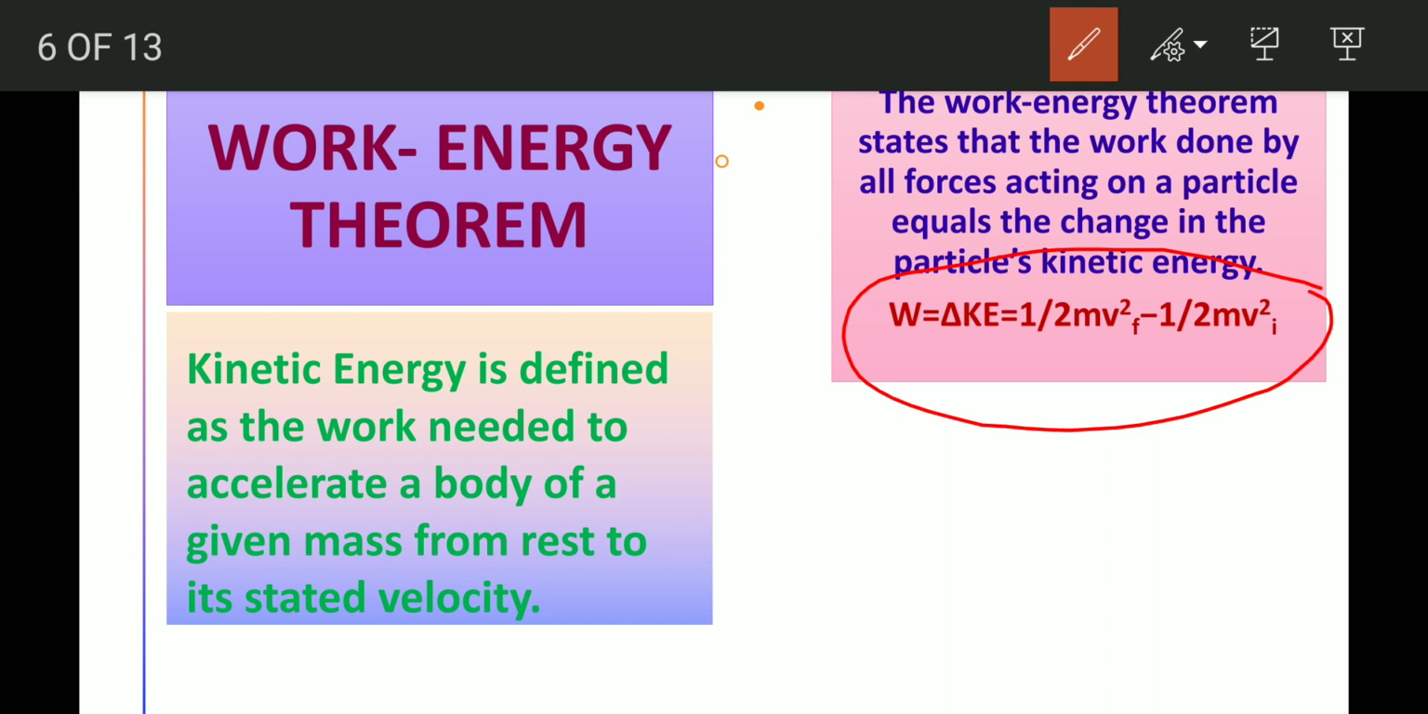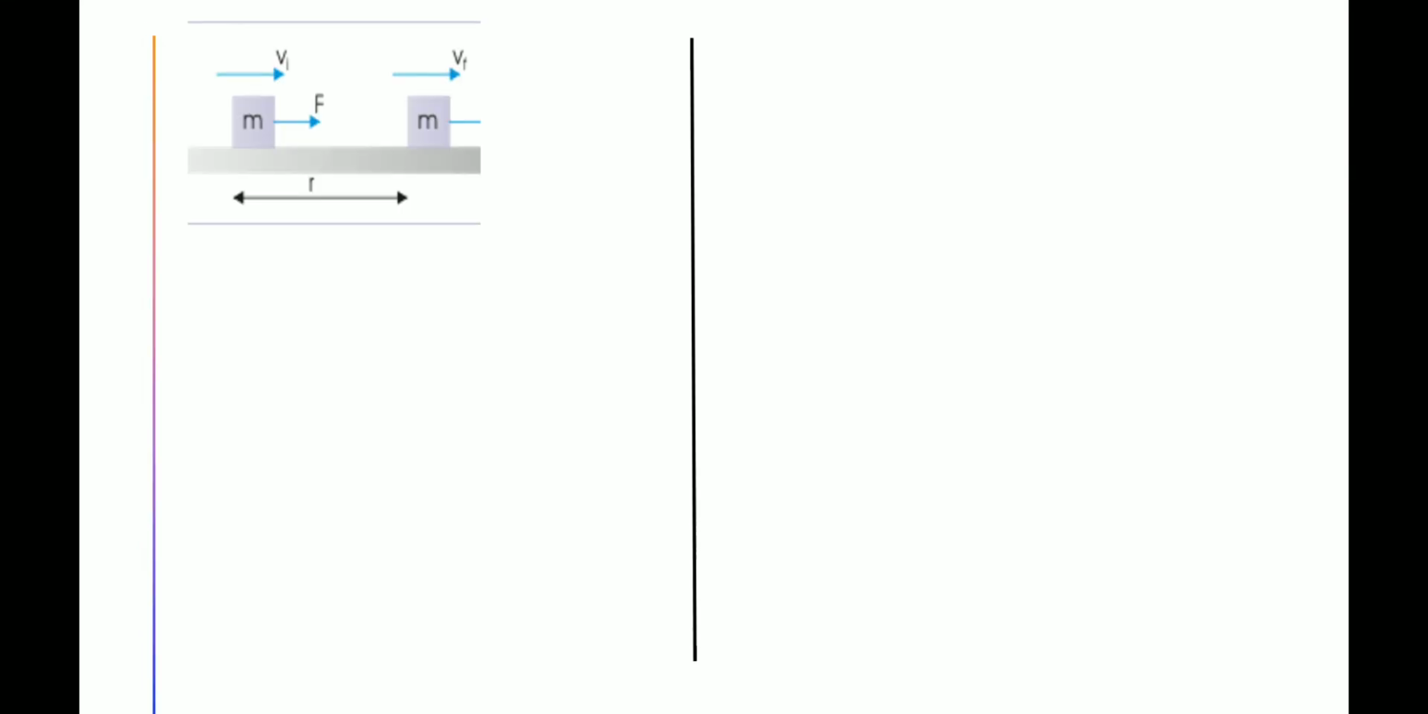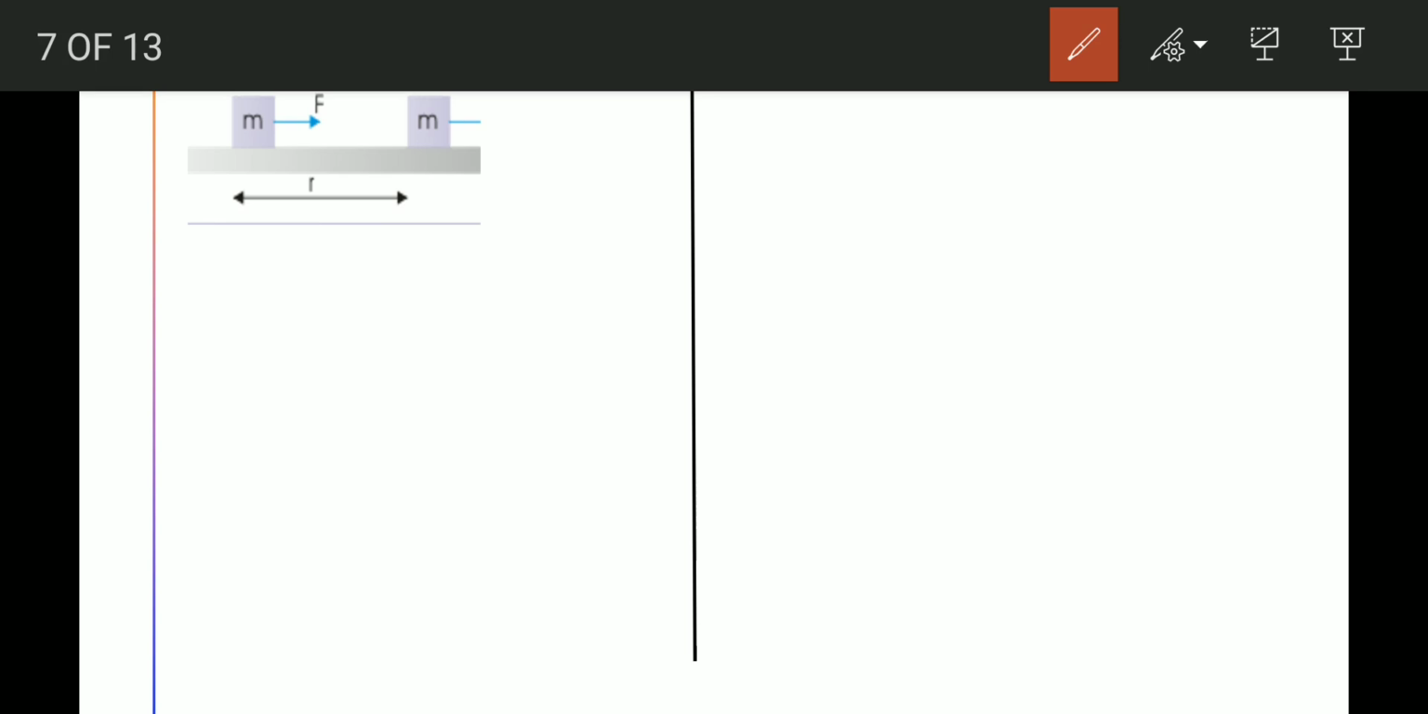So let's see how we obtain this. If we consider a body of mass m moving with some velocity Vi and under the application of a certain force, then if we assume the force to be constant, work is given by F into S. From equations of motion, we know very well, or we can find out, the distance travelled by the body, which will be equal to